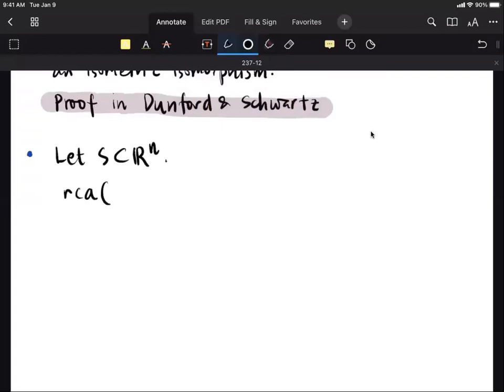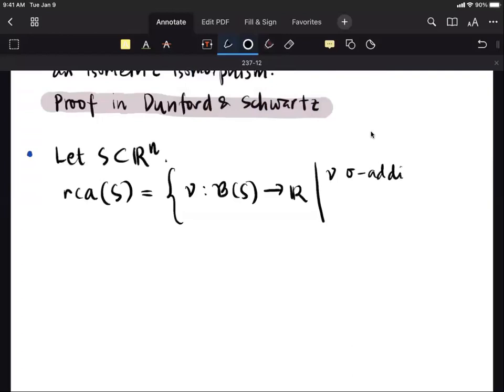We define RCA of S to be the set of all measures, let's say nu, on the Borel sigma algebra on S, into R. So these are the set of all measures. So nu is sigma additive. It has a finite total variation, and nu is